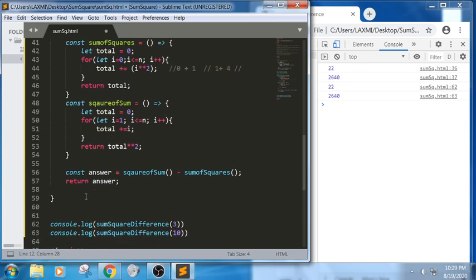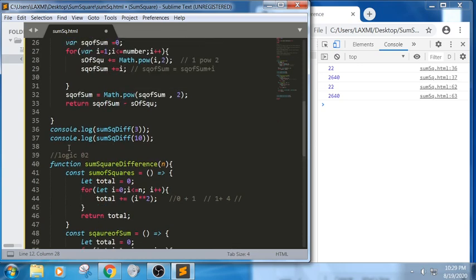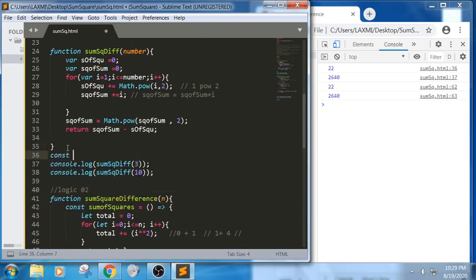For example, you have written a function here, and you can also calculate the time of it. For example, if I want to check, constant ta equals new Date, you know the date function. In this date I am trying to write new Date.now, or else we can also write, yes, we have a syntax like this.